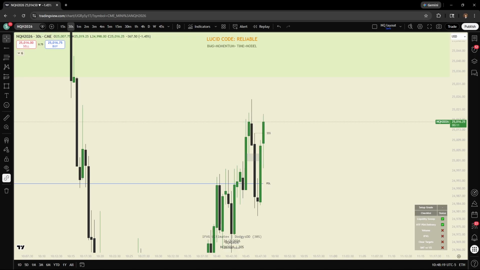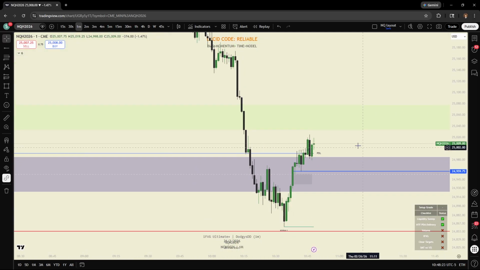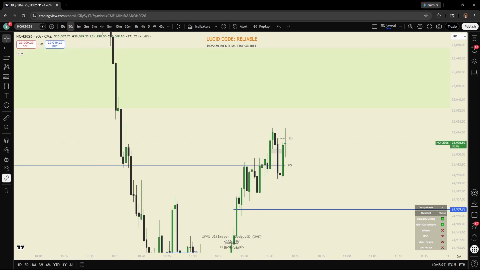Dude, I just have a feeling this is going to go up. We're continuing to respect the bullish PD array here. We have those obvious unfilled gaps above us. But I have no idea when that's going to happen, and price is just being annoying right now, so I'm probably not going to trade this.